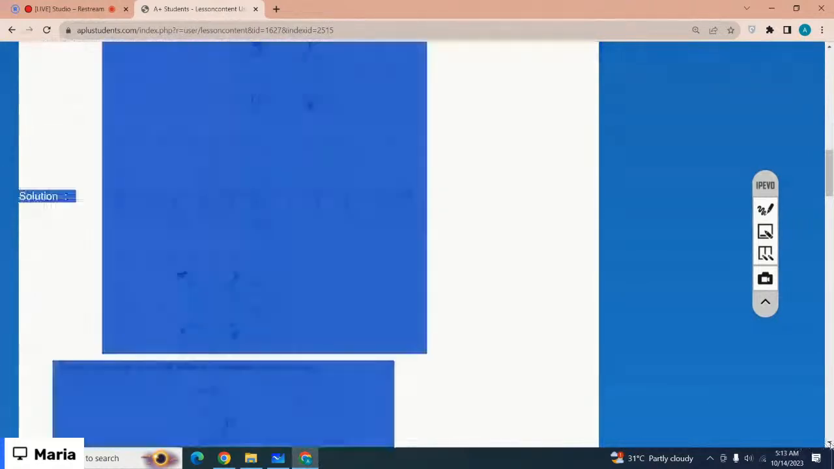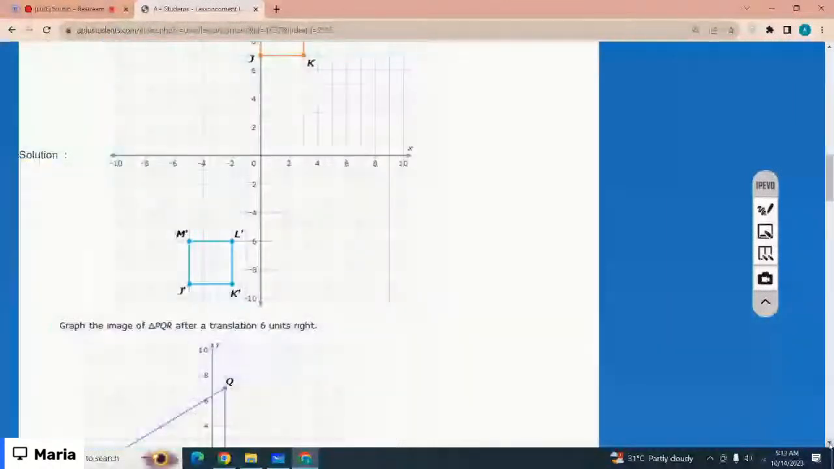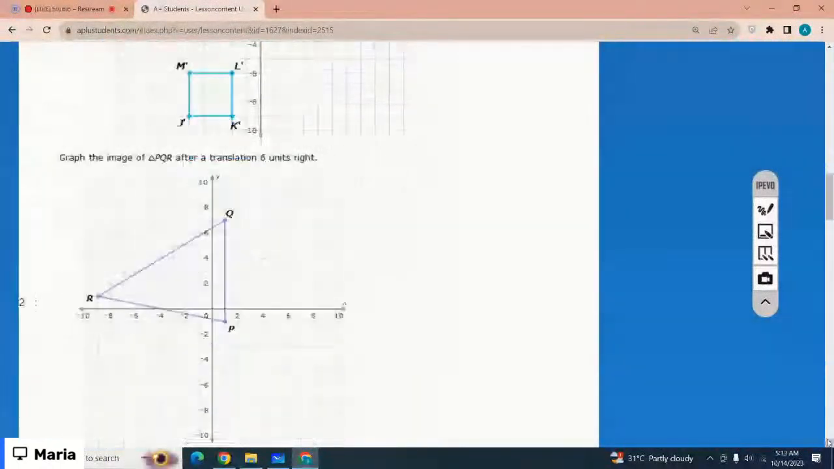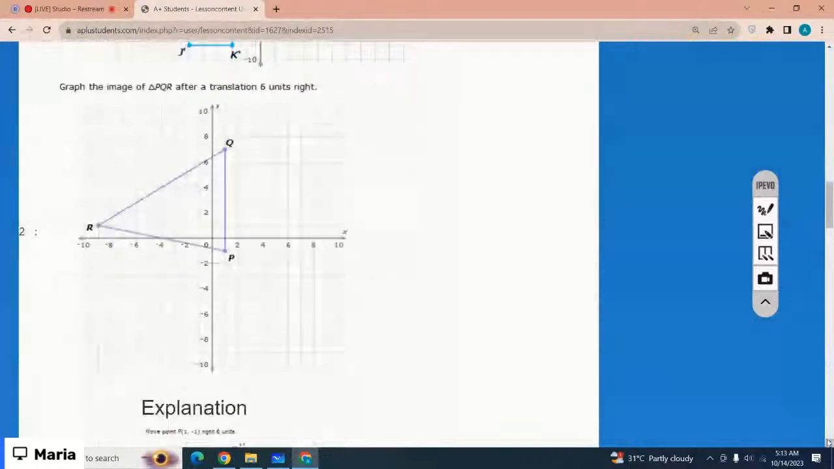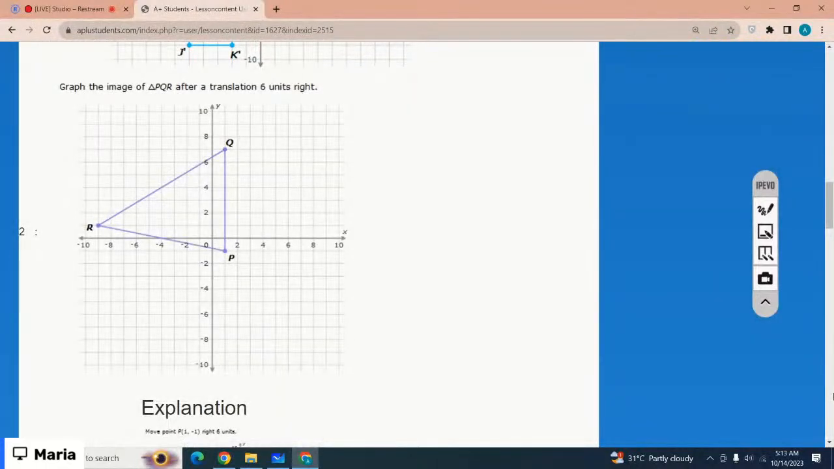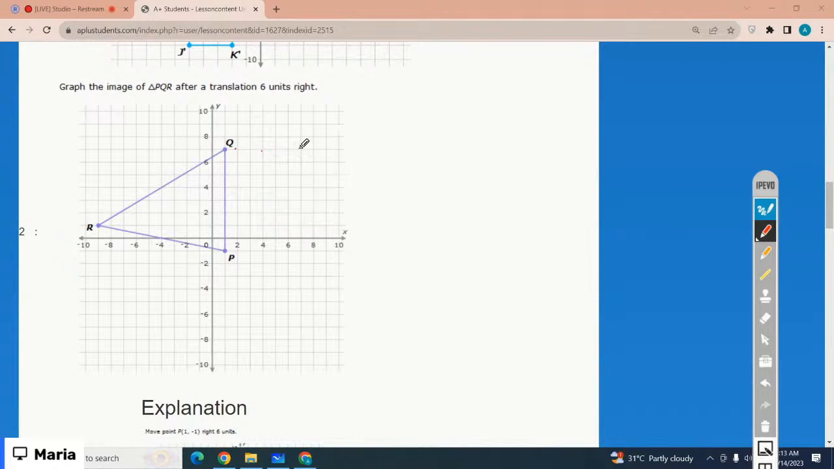Okay, let's just do another example. The other example is graph the image of triangle PQR after a translation 6 units right. Okay, you just have to translate 6 units, right? One, 2, 3, 4, 5, 6. So it would be here